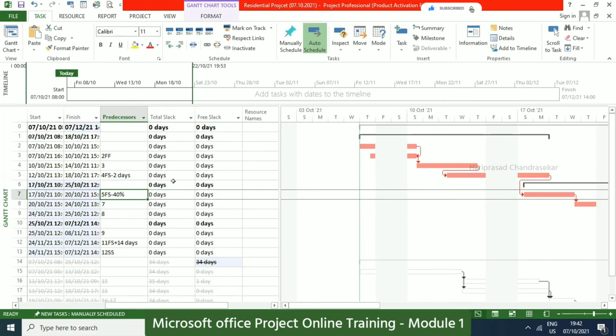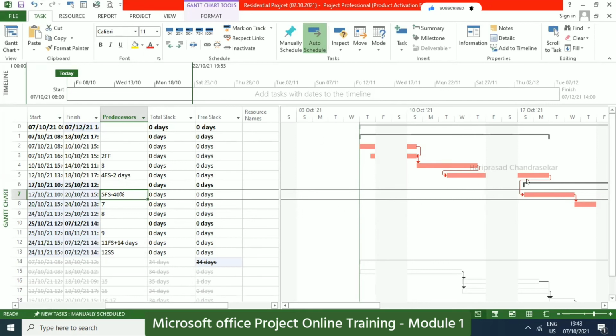What happened to that percentage, sir? What is the use of that percentage? What happens is, if the predecessor has a 10-day duration, then 40% of the 10-day duration will be 4 days. So it will start 4 days before the completion of the predecessor activity. What is the change? I did not see the changes. Did the chart change?